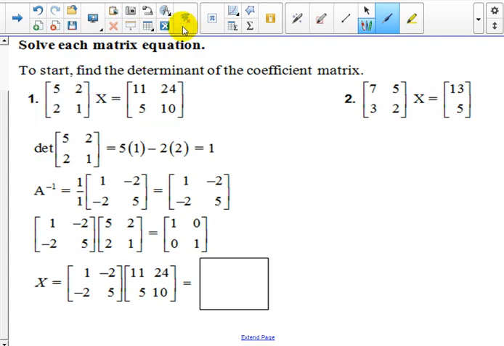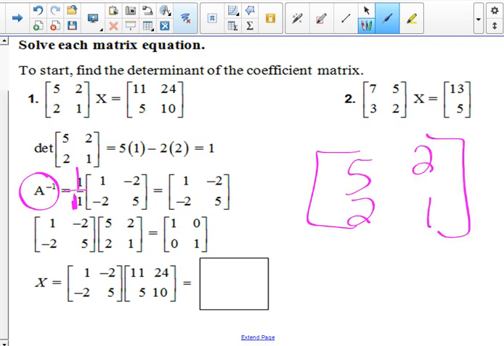So to get our inverse of A, we know that it's 1 over the determinant, which is 1. And then we take this order. Let me blow this up. 5, 2, 2, 1. So this is my A, B, C, D. So to do the determinant, to do the inverse, we know it's going to be